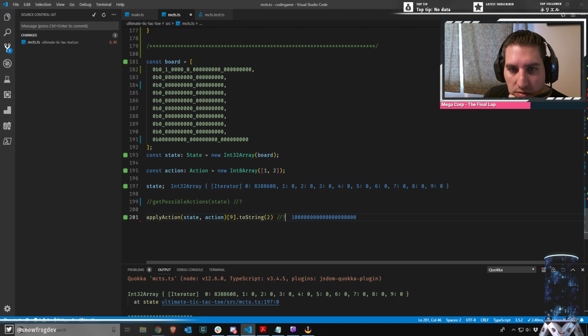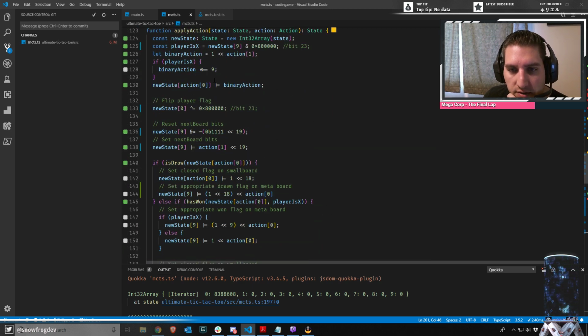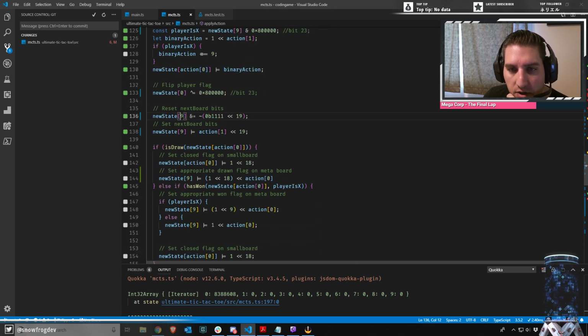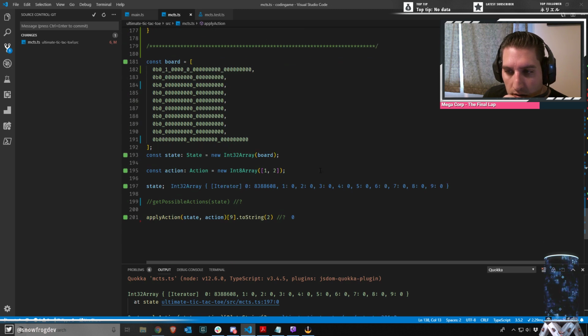Yeah, because this shouldn't be 0. We should be flipping, yeah, this is what's happening. Okay, so just one thing that we forgot. So set next board bit, yeah, this needs to be 0. There we go. Cool, so this remains 0. That's what we want it to be, because there's no wins, there's no draws. And this now becomes,